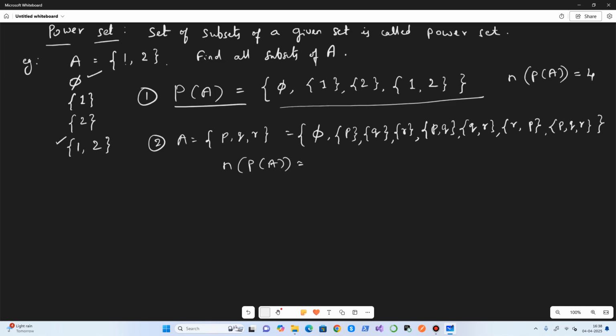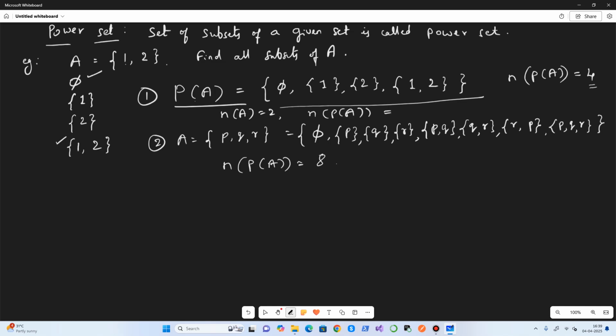If you count, 1, 2, 3, 4, 5, 6, 7, 8. There is a relationship between the number of elements in the power set and the cardinality of A. In the first case, what is the cardinality of A? n(A) is 2, and n(P(A)) is 4.